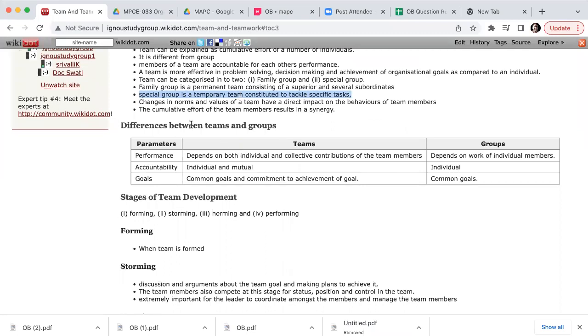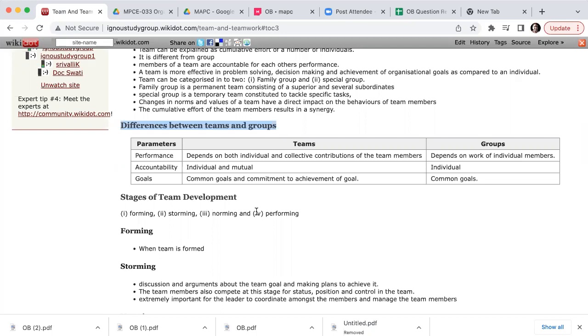Now we are going to talk about the differences between team and group. So what is a group? Right? A group means you have a set of people who might not really have a common goal towards a particular organization or anything like that, right? So you have some commonalities. That is why you formed a group. Okay. So every individual wants to be part of that group because you feel that there is some commonality between you.